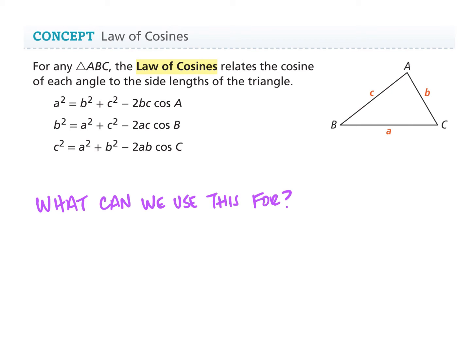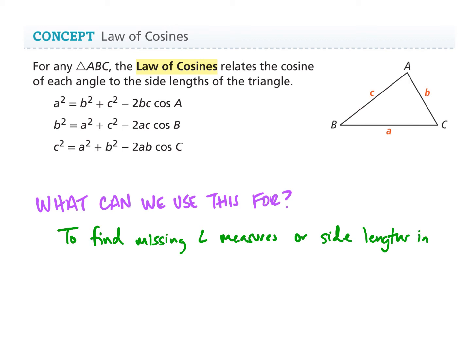But like we demonstrated at the beginning of the video, the law of sines won't always work. So what we use the law of cosines for is to find missing angle measures or side lengths in a triangle, in any triangle really, when the law of sines